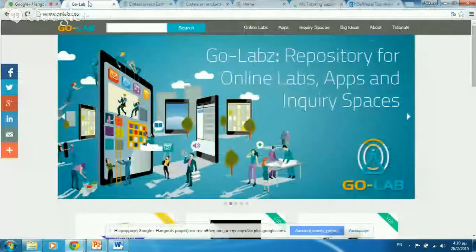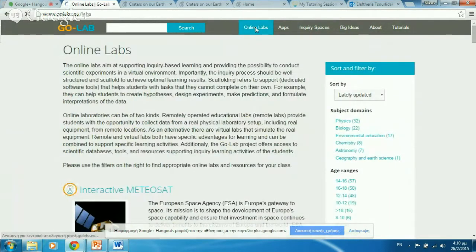So this right here is the GoLab repository. As you can see here, there are many tabs. The 3 components that I told you about are these 3 first tabs: online labs, applications, and inquiry spaces. Online labs are the very heart of GoLab. This is what we build our activities around. And we've got different types. We can have